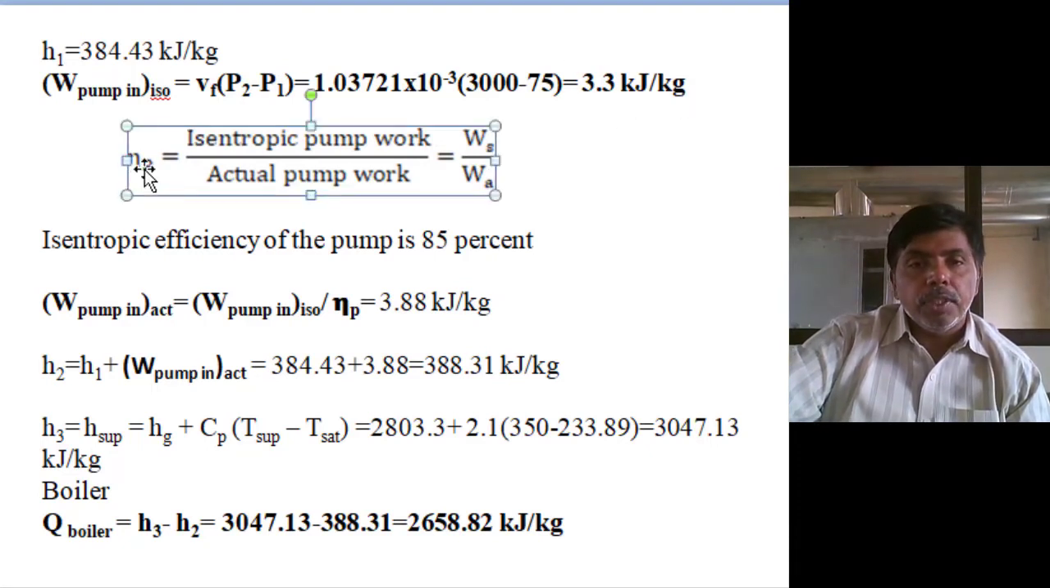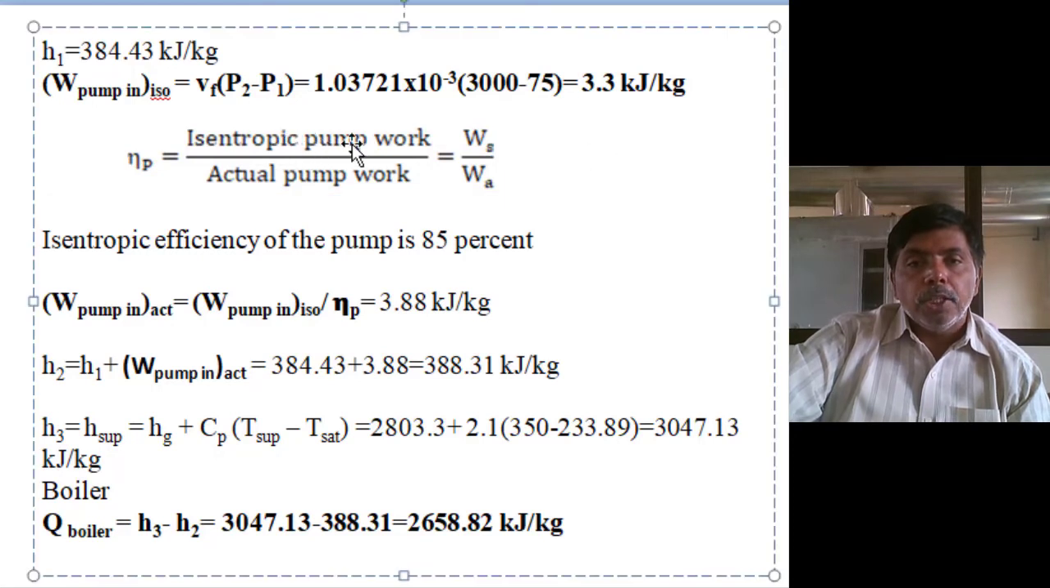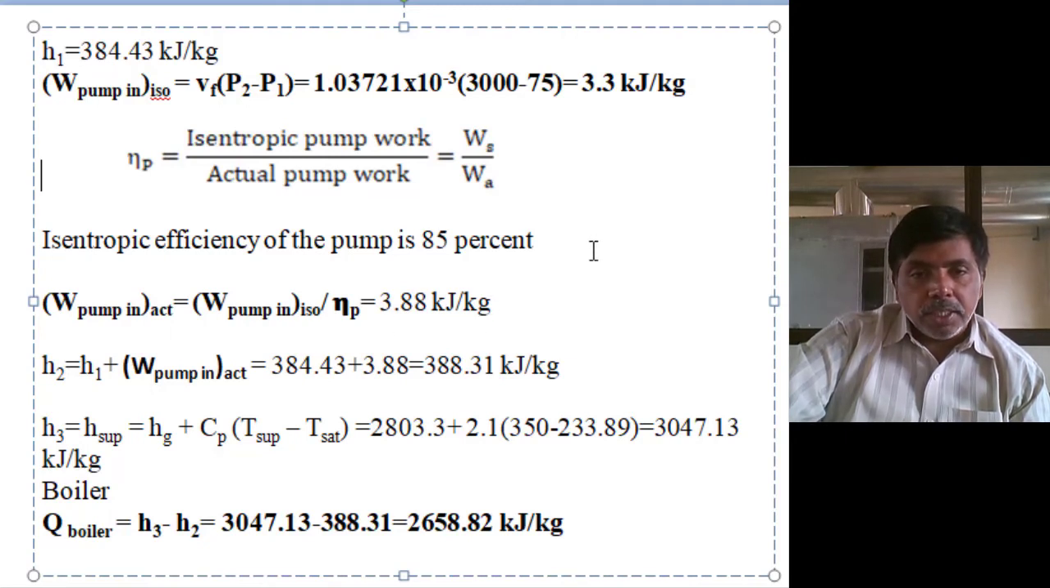But here they give an efficiency of the pump. Isoentropic pump work input by actual pump work input. The isoentropic efficiency is 85%, then actual pump work input is isoentropic pump work input divided by efficiency of pump, we will get 3.88 kilojoules per kg. Here we determined the actual pump work input. First the isoentropic process work input we calculated, and divided by the isoentropic efficiency, we got 3.88